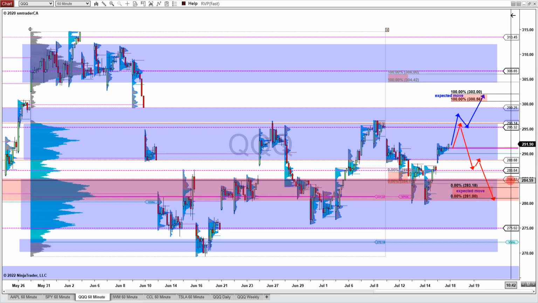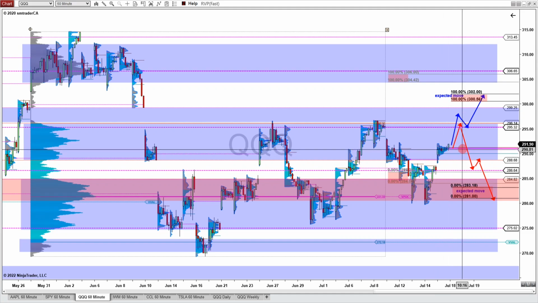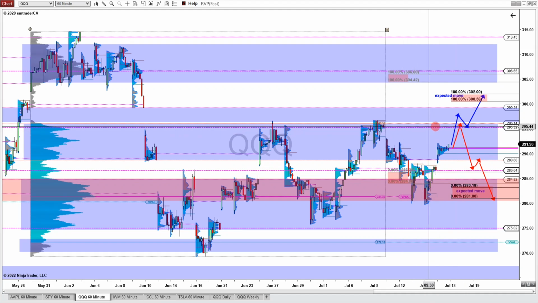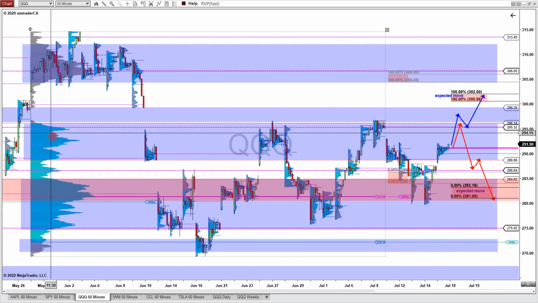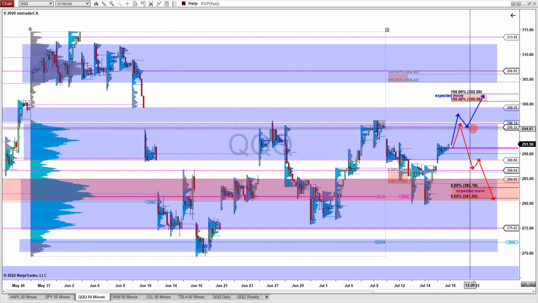Now, once again, similarly to the SPY, I'm also looking for a little bit of a continuation move on the upside early part of next week, and basically looking for the price to get above this virgin point of control around 291.22 and see would it be able to push up to this virgin point of control at 295.32 and get up to this upper edge of this high volume zone here. And if it could stay above this upper edge and come down, stay and chop around, and also be able to remain above this virgin point of control at